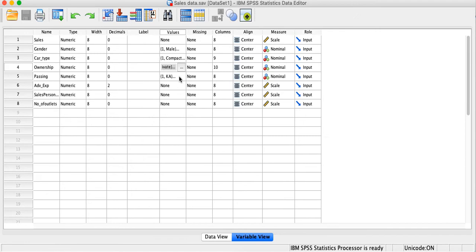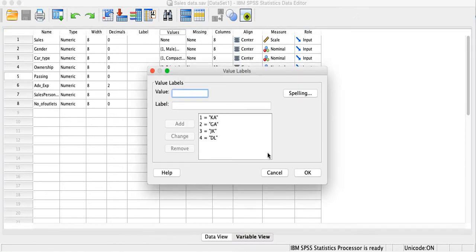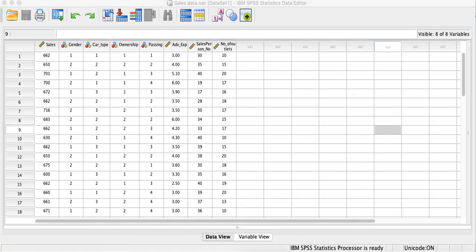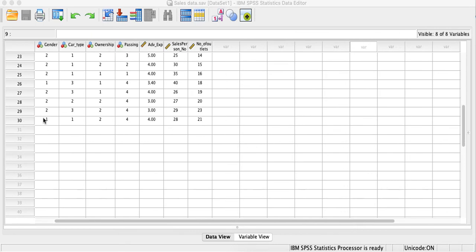And then I have passing. Passing has four categories, so we cannot use it either. The independent variables we can use are gender and ownership. If we scroll down, this data is of 30 samples.